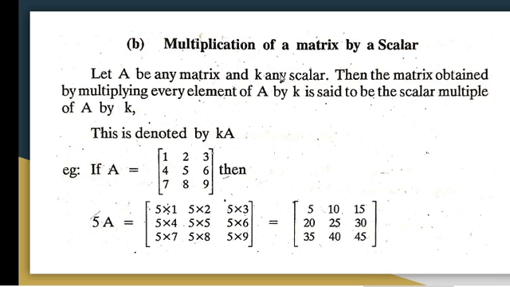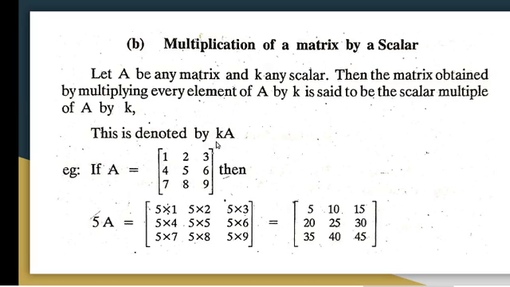Then we are going to discuss the multiplication operation of a matrix by a scalar. Scalar means it is simply a magnitude without any direction. So let A be any matrix and K any scalar. Then the matrix obtained by multiplying every element of A by K is said to be the scalar multiple of A by K. So if we have a matrix like A, then if you have to find the scalar product of this matrix with any value, just like a particular constant value K,